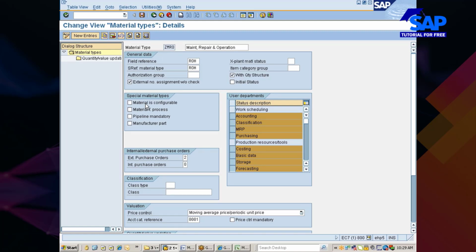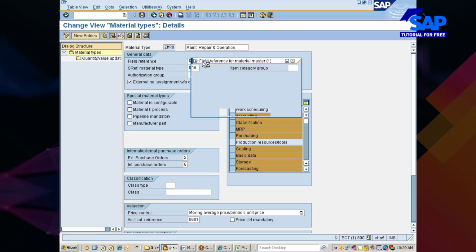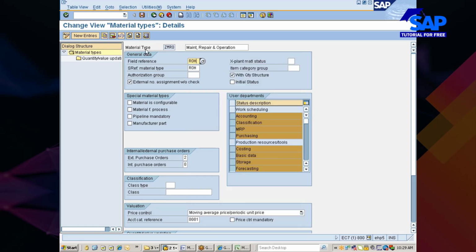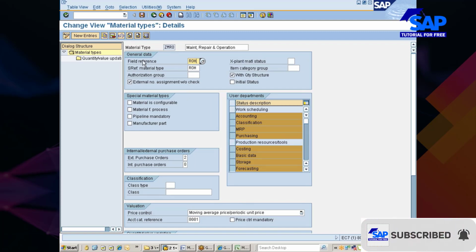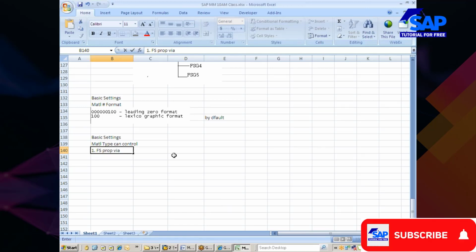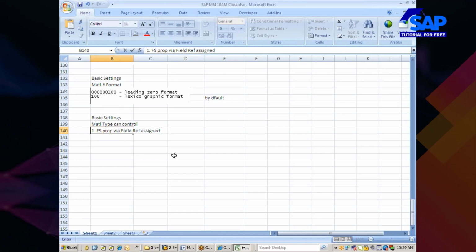You are right. Similarly, for the material type also, I can create my own field reference, or if you have the field reference which you created yesterday, you can very well use it here. So, a material type can control field selection properties via the field reference assigned to it.